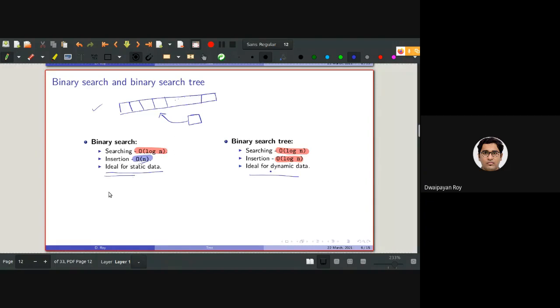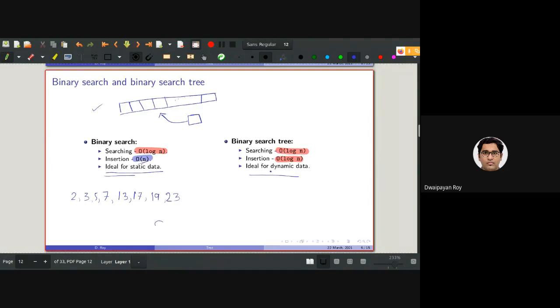So if I take one sorted array like this, so 7, say, and so the array containing, say, 9 values for binary search.